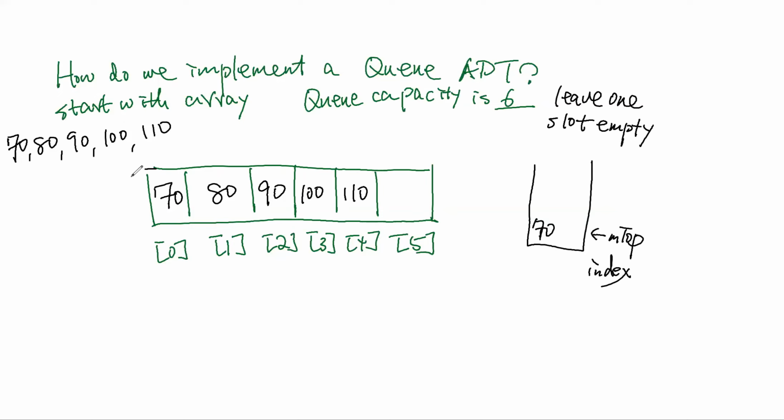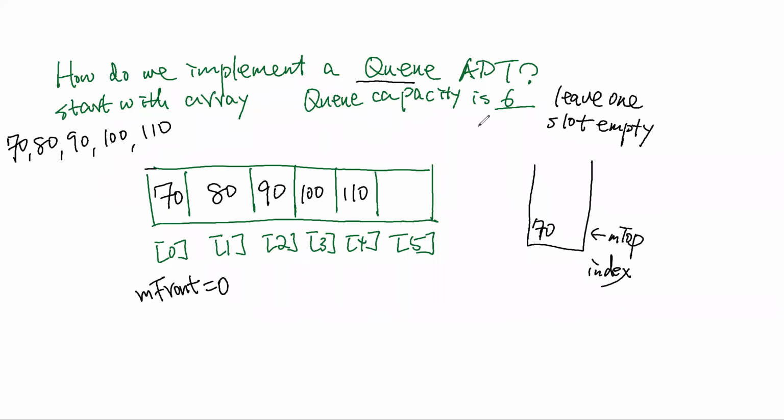Okay, so obviously in this scenario now, 70 is the front. But I want to keep track of where the front is, so I need an index. I call it M front. In this case, M front is at sub 0, the first slot of this array. And for our queue implementation, initially,